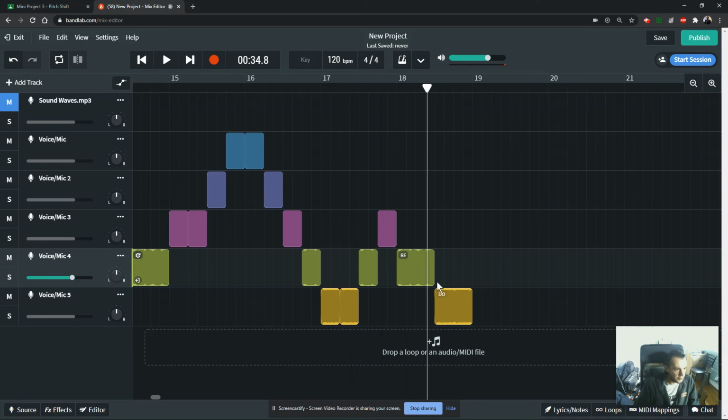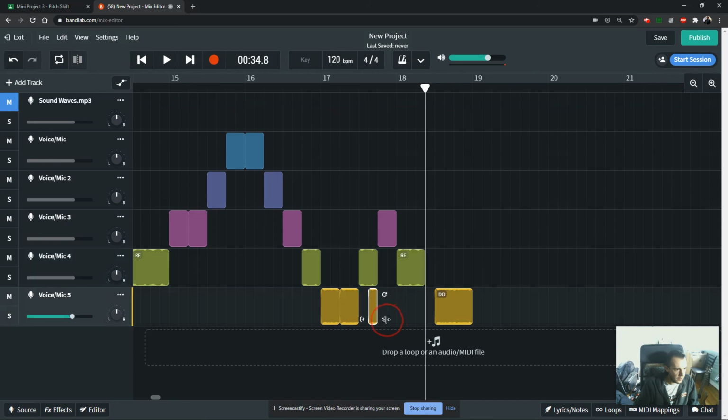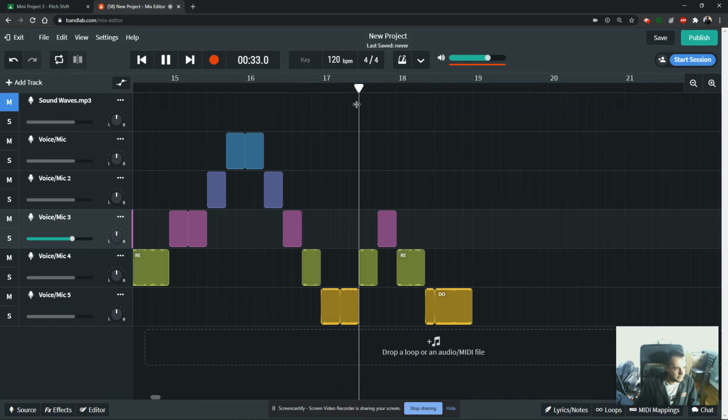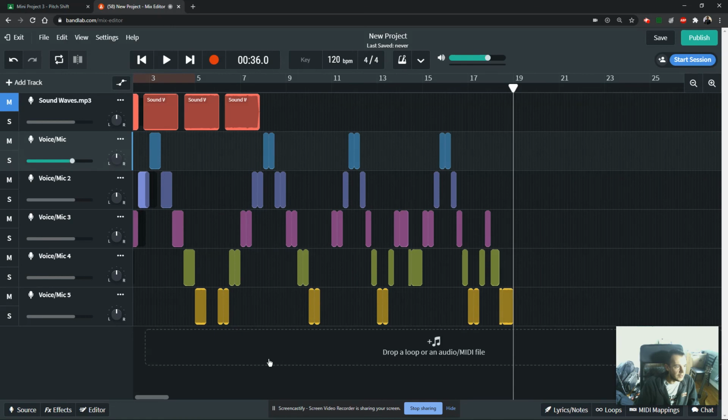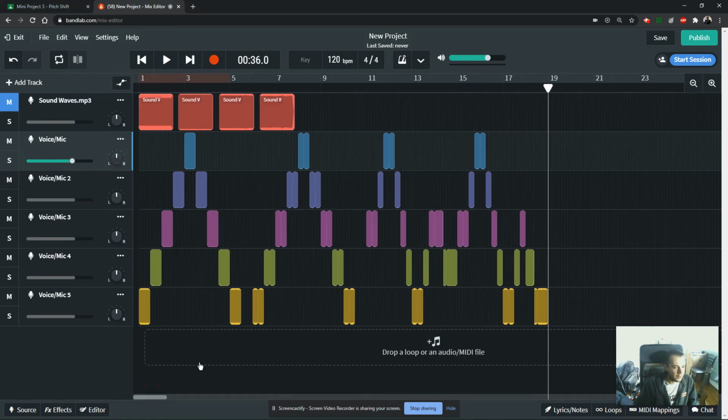And I'm going to trim this by 1/8 note. And I'm going to add 1/8 note in that place on the do. So it's kind of a